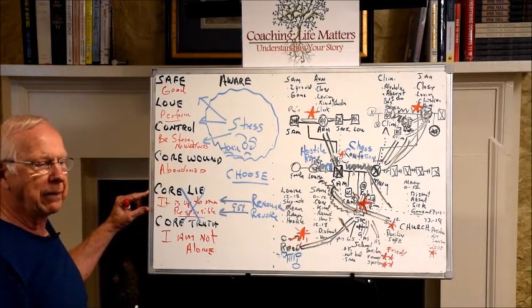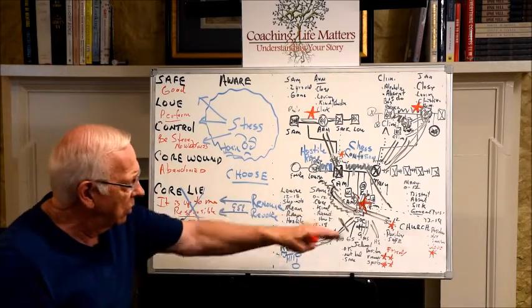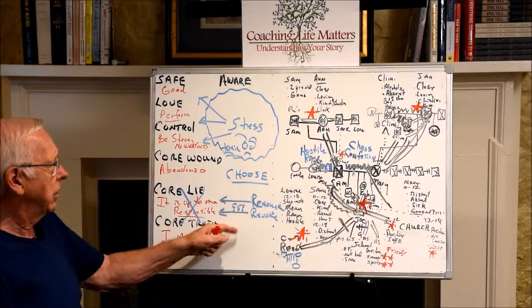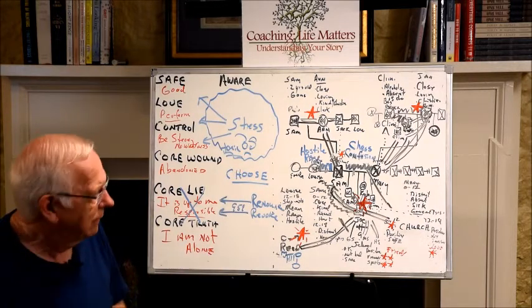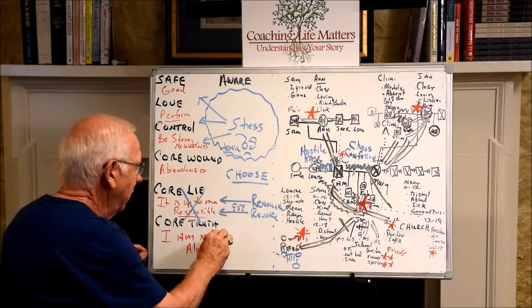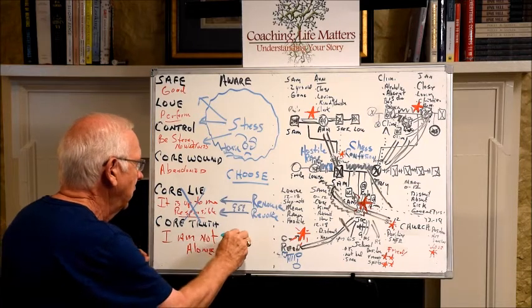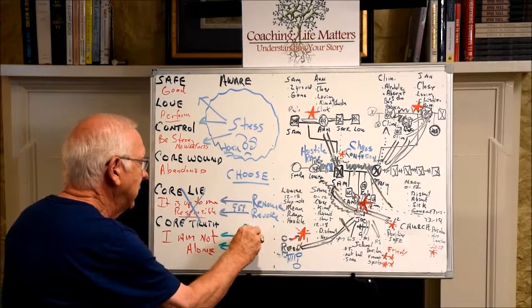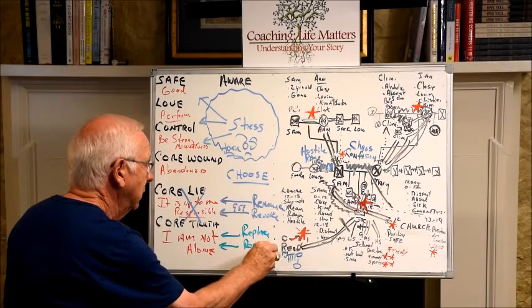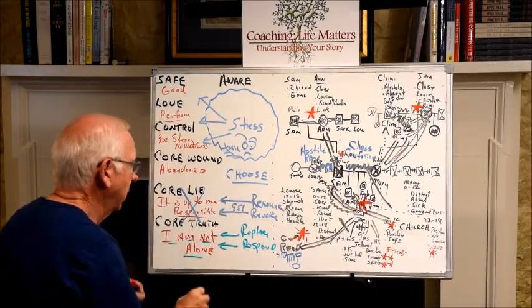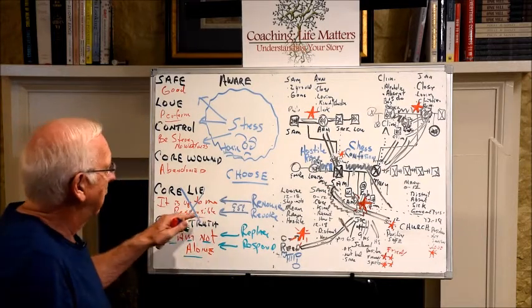It's up to me. I've got to do it. If it gets done, I got to do it. And it's a terrible burden. And Joe is under great stress. And so this lie. So what do you do? You make a choice to replace this lie with your core truth, and you replace the lie and you respond to this truth that I'm not alone. Now, here's where you're going to have to use your mind, because your feelings are rooted here,